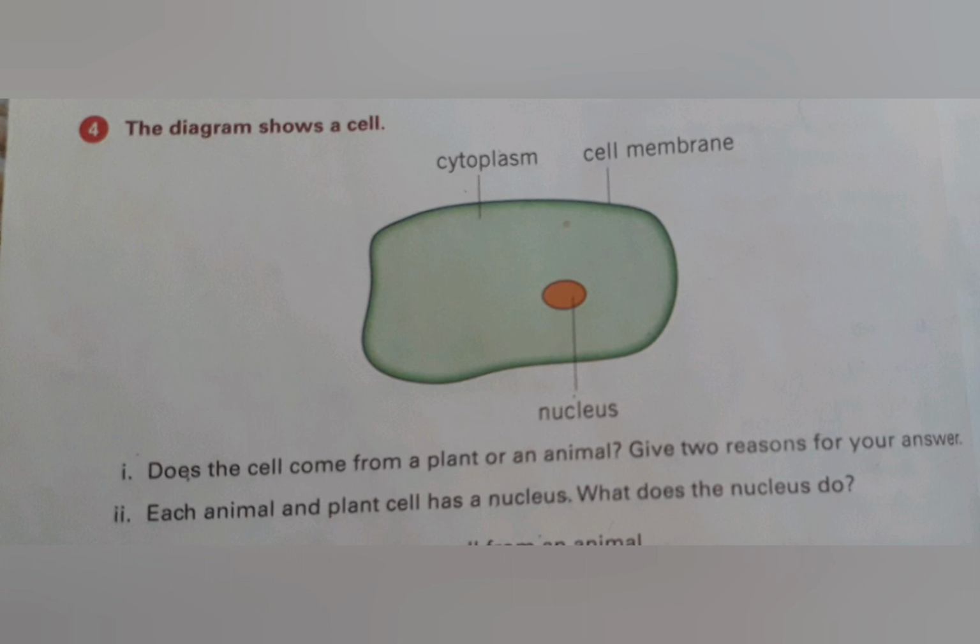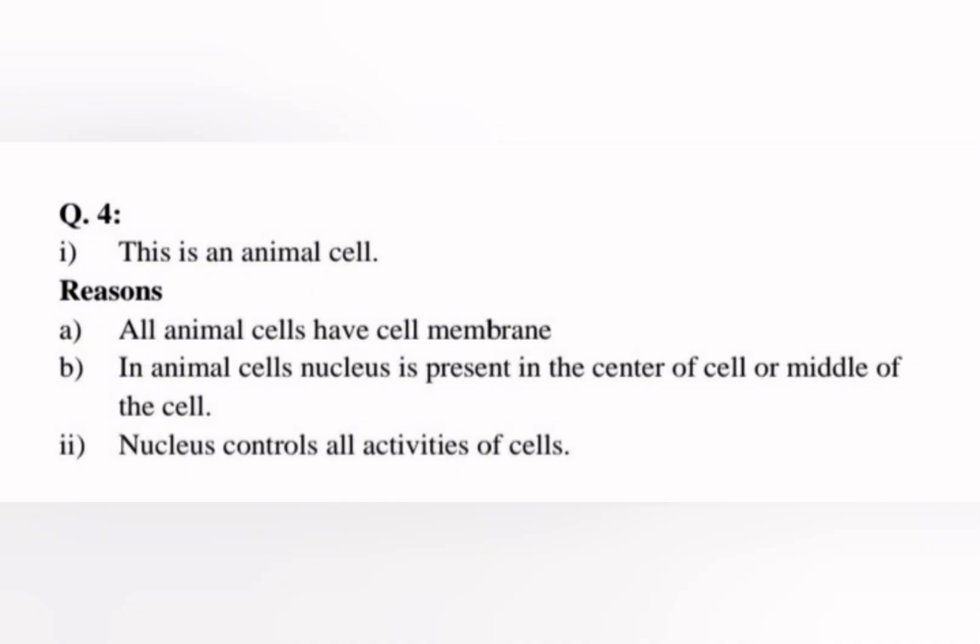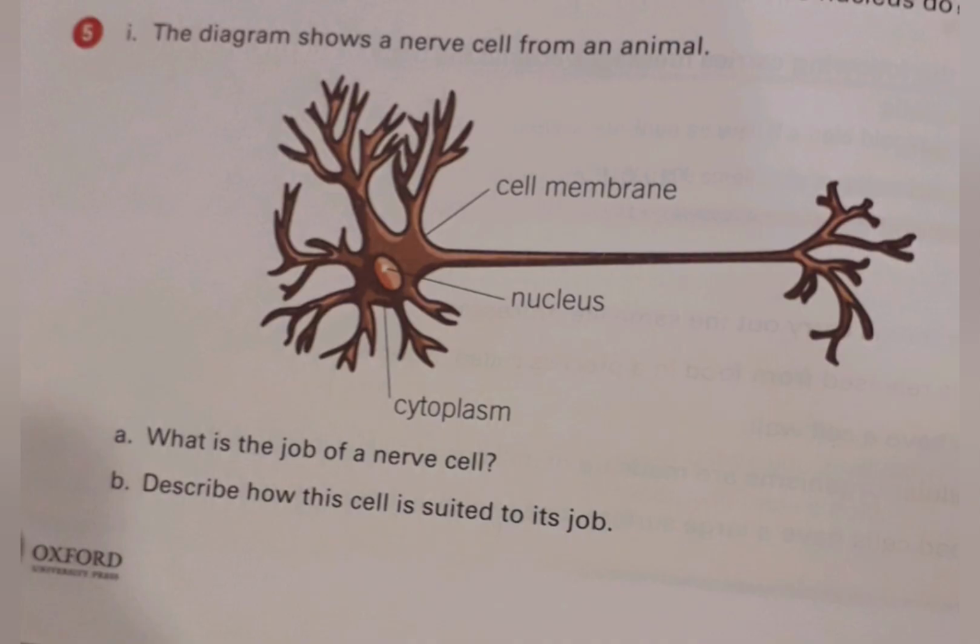The second question is: each animal and plant cell has a nucleus. What does the nucleus do? Means, what is the function of the nucleus? The answer is, the nucleus controls all the activities of the cell. The next question is question number 5 and the first part is, the diagram shows a nerve cell from an